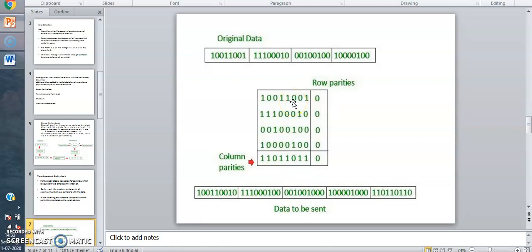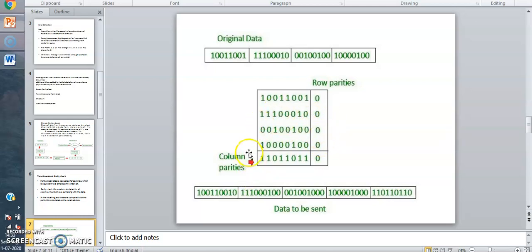As 4 is an even number, we need to add 0. Same for the second frame: we have 4 ones, 4 is an even number, so we add 0. Next, 2 ones, and as 2 is also an even number, we add 0.